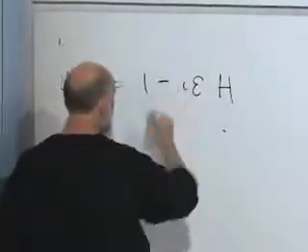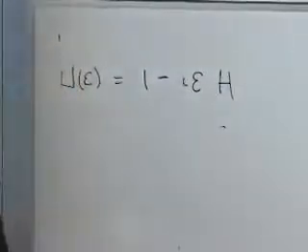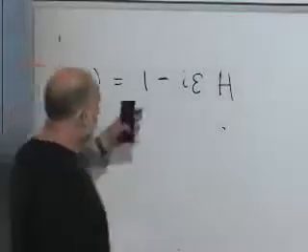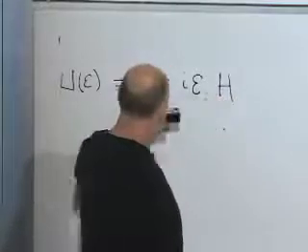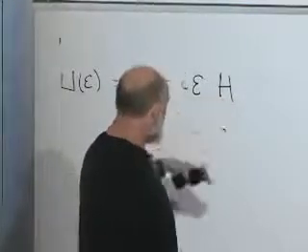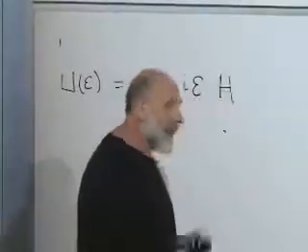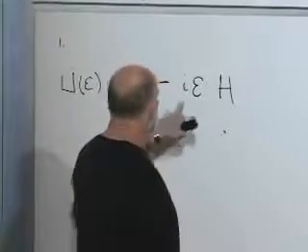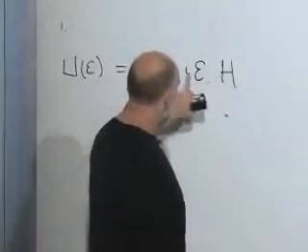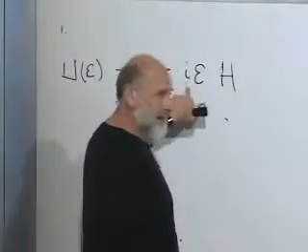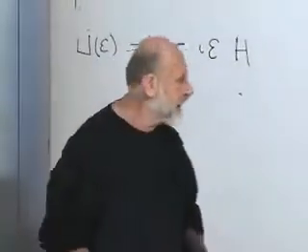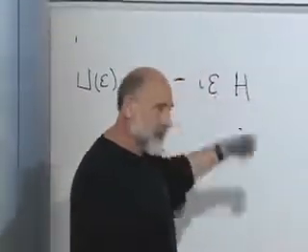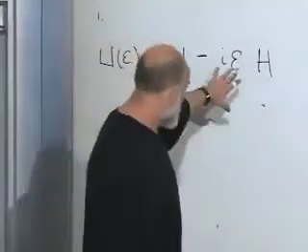This i so far has no special meaning. It's arbitrary. I could absorb it into the h if I liked, and I could also absorb the minus sign in, and I could have just written 1 minus epsilon h, but for later purposes I know that I'm going to want to define h so that there's an i here and a minus sign. The minus sign is completely arbitrary. The i is a nice definition, as we'll see.